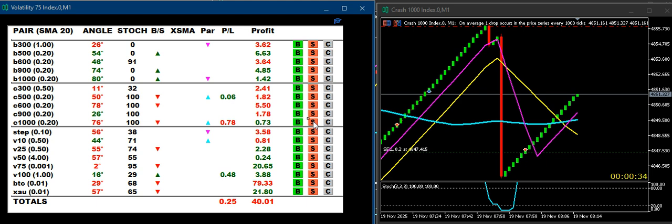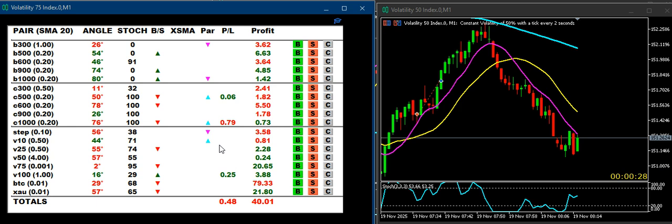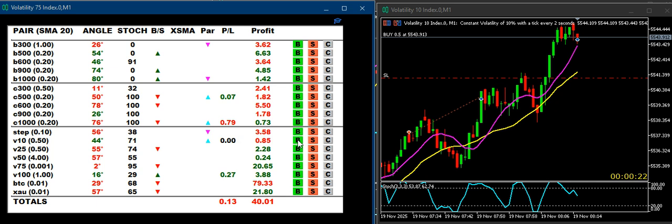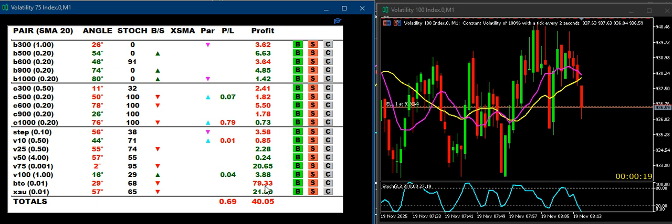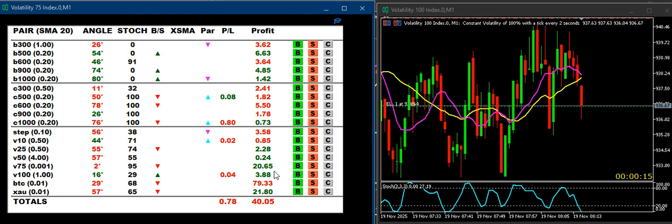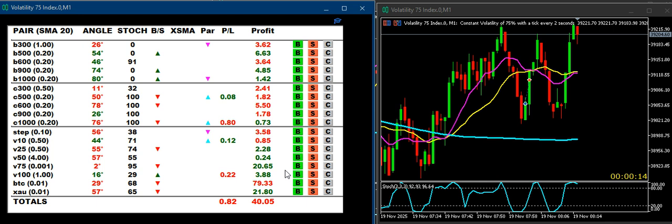Okay. Why didn't it want to sell now? Somehow there's a little glitch in my thing which I'll fix up. Parallel up, that's a good place to buy. Close to the 10 there. Okay, there is a buy. Okay, this one is getting a bit of profit. Yeah, that's basically it. Making it really easy.